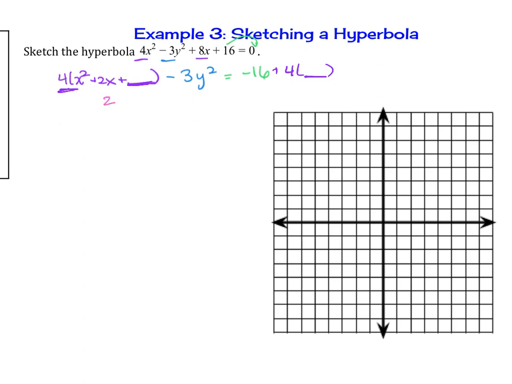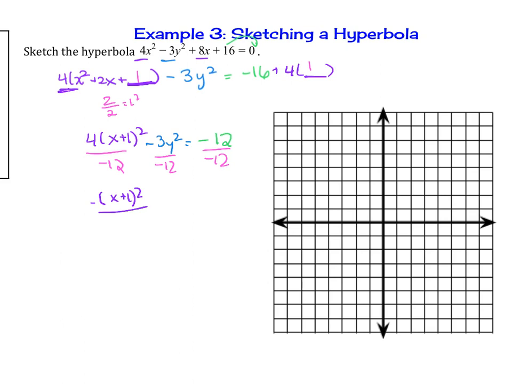So to complete the square, this is 2 over 2, and then square it, so that's 1. So we're going to add 1 to both sides. So now we have 4 times (x plus 1) squared, and then minus 3y squared. We have negative 16 plus 4, so that's going to be negative 12. So let's divide by negative 12 on both sides. And so now we have negative (x plus 1) squared over 3, and then plus y squared over 4 equals